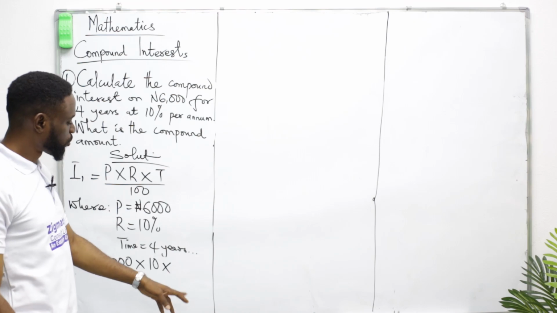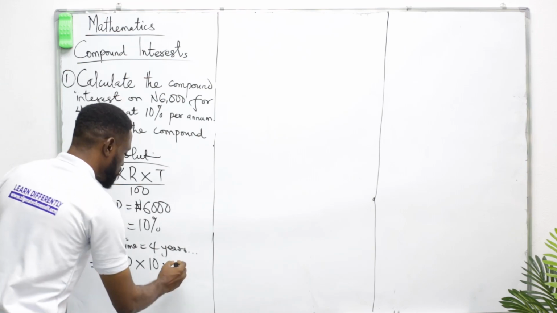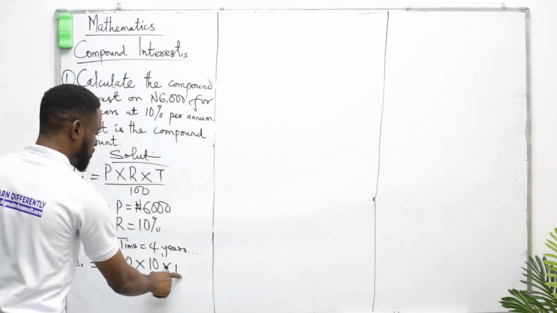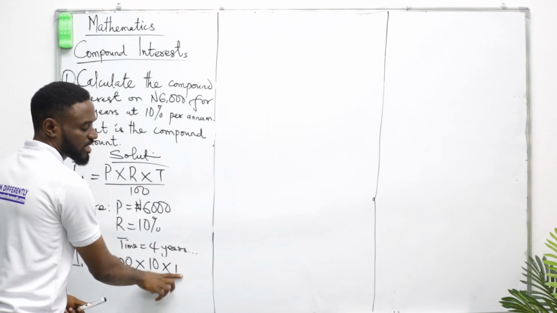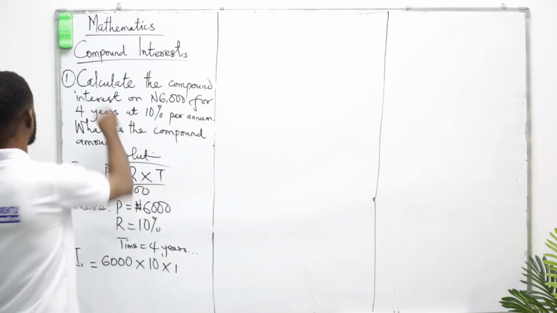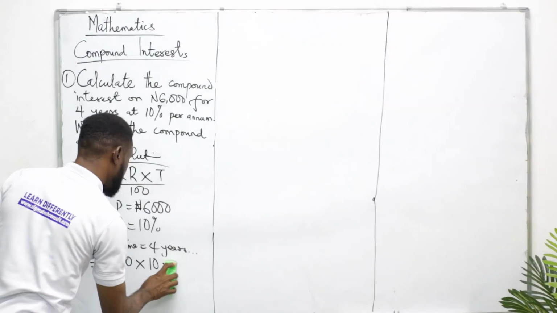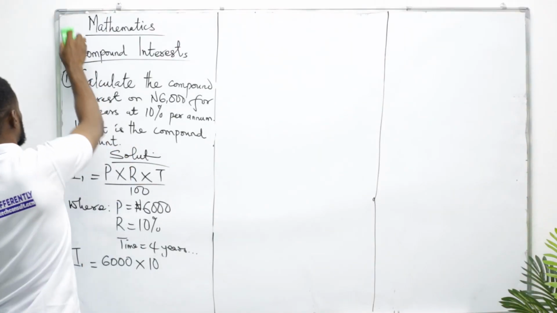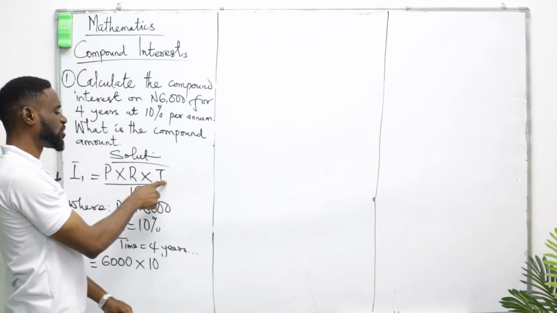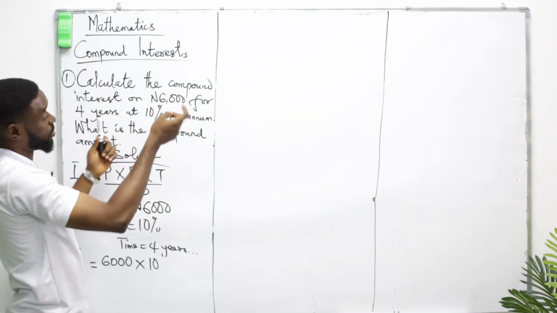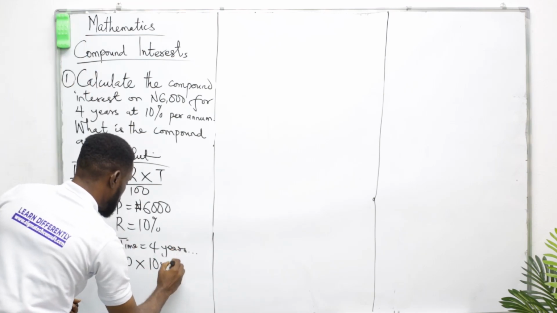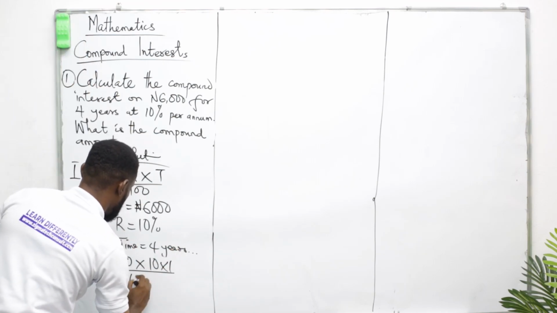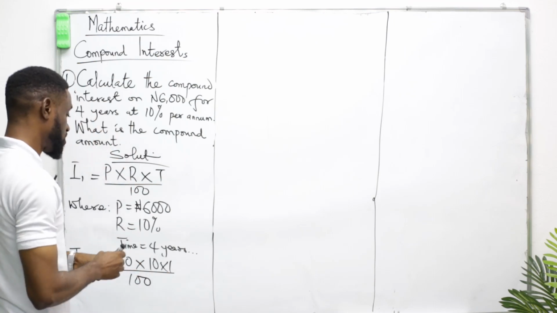What I'll put here is 1, just for year 1, okay? So I can even do without putting the year, so that I don't confuse you. You can just remove the T, but if you may be confused, you can just put the times 1